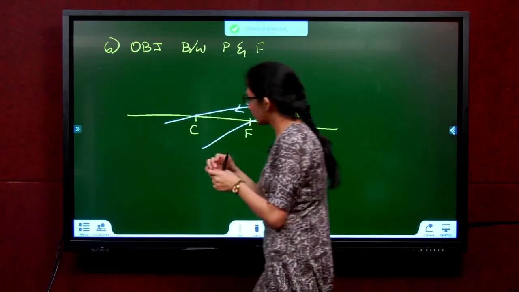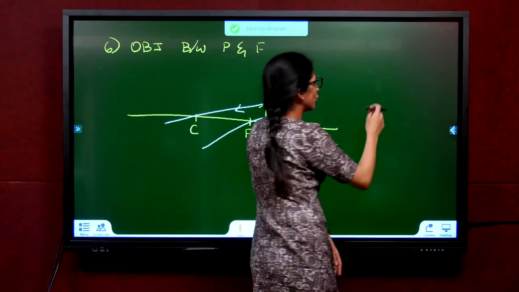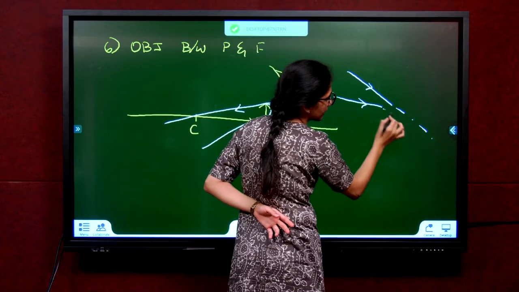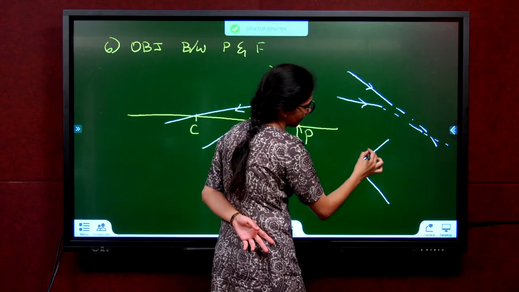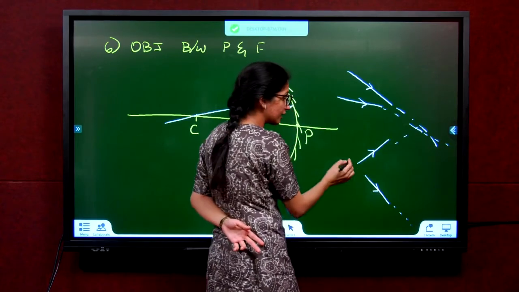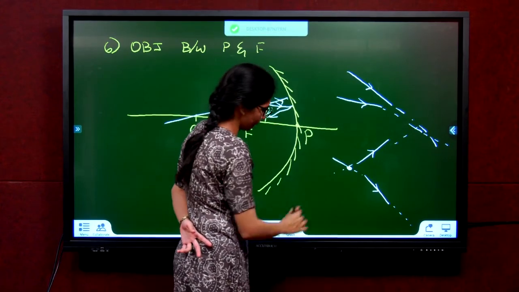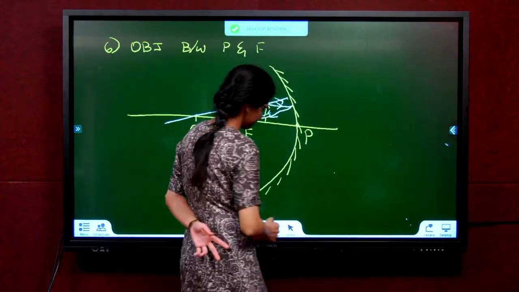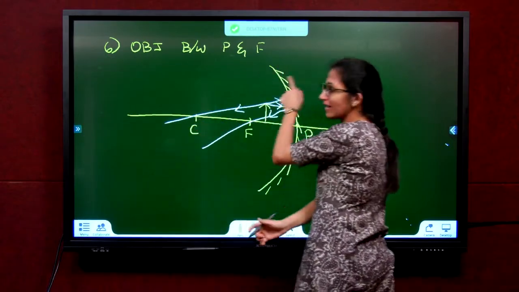You can see that both the rays are diverging. It's moving away. Will they ever meet? If I am showing like this, see here, if I am showing it like this, that means yes, the rays will meet. Correct? If I am showing it like this, will the rays ever meet? They're diverging. Will they ever meet? No. That means they have already met before. They've started only before. So, in this case, observe carefully, they are moving away. They will never meet there. That means they've met before only.